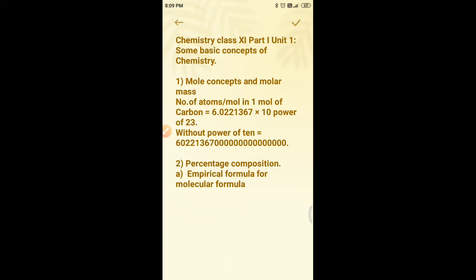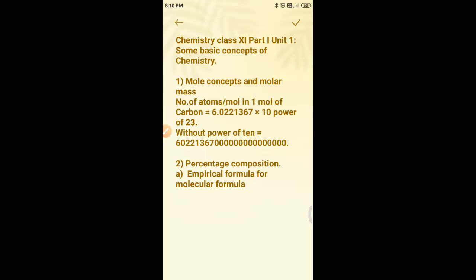Now we should understand what the percentage of carbon is. We have to calculate the mass percentage of carbon. How? The molar mass of carbon is 24.02 gram, divided by the total molar mass of ethanol, 46.068. We convert it to percentage by multiplying with 100, so we get 52.14 percent.